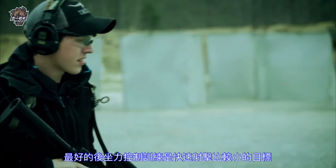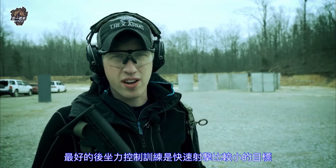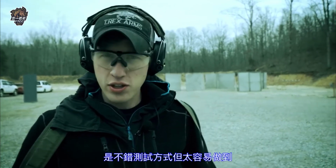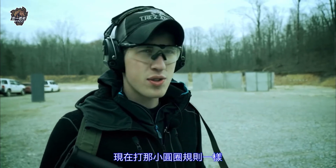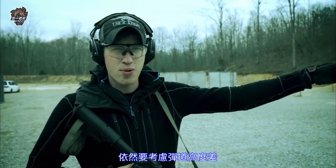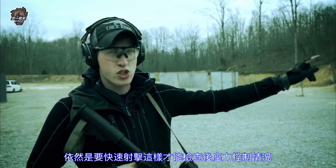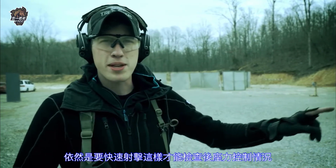But probably the best test of how good your recoil management is shooting a smaller target very quickly. So obviously shooting like that number 2 like I just did, that's a good test, but it's pretty easy to do that. So now we're going to do the same thing, but this time we're going to be shooting into one of these little circles. So I still have height over bore I have to take into account, but I'm also going to try to shoot it pretty fast. And it's a good test of seeing what my recoil management's doing, because if my recoil